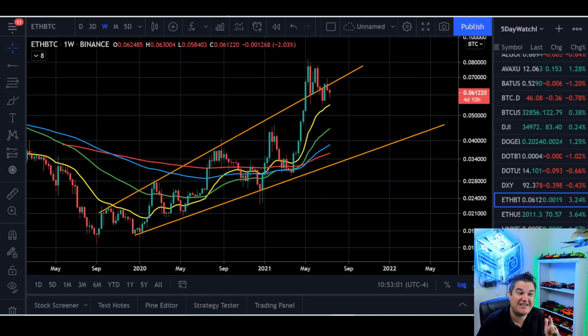My name is Chase. Today we're going to talk about Ethereum. We're going to look at ETH versus Bitcoin, ETH versus the US dollar. We're going to look at several different charts, daily, weekly. We're going to look at the Fibonacci Retracement tool for Ethereum, some levels to look at for ETH BTC, and also against the dollar. So if you don't have an Ethereum, I still think you're going to find this video